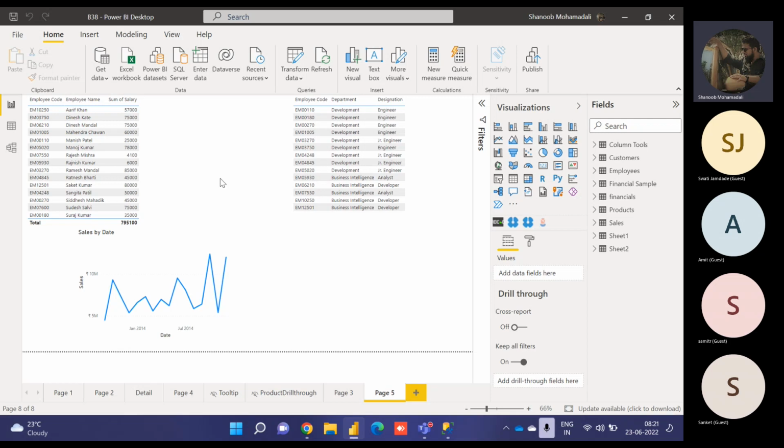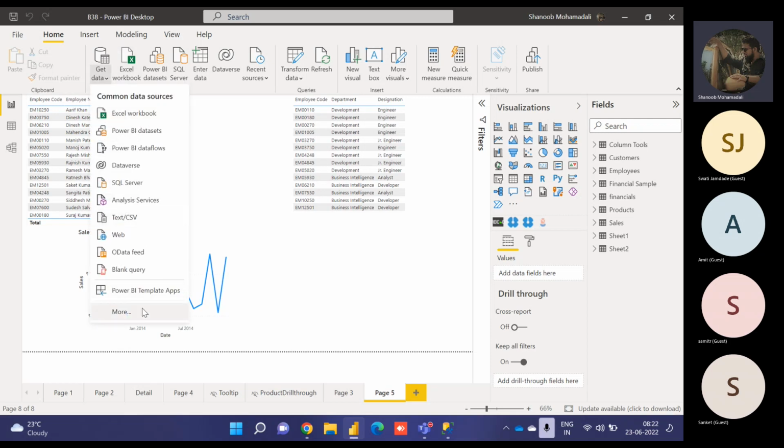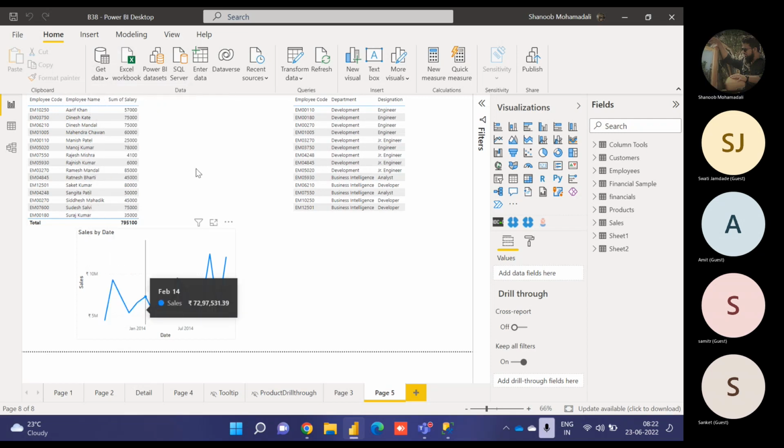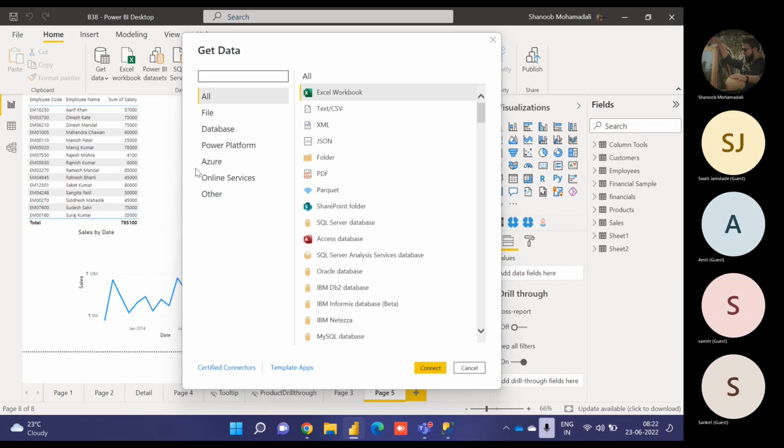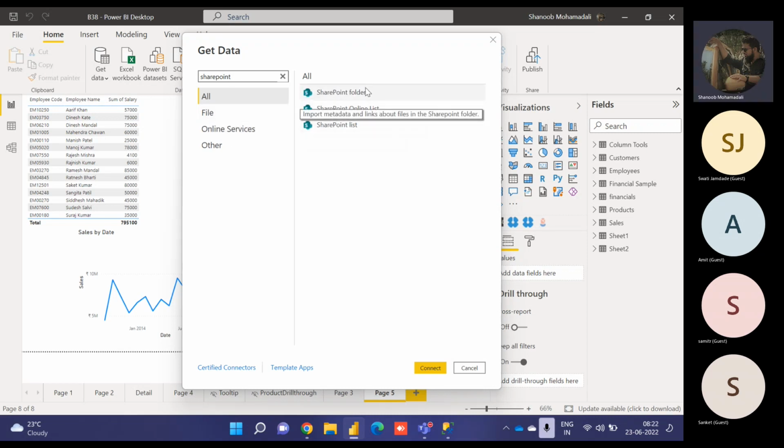Now, what about a SharePoint folder? What if I have to connect to a SharePoint folder? Then I will again go to get data, go to more, search for SharePoint, and it would list all. So you have SharePoint folder, online list, and on-premises list. I'll select SharePoint folder,